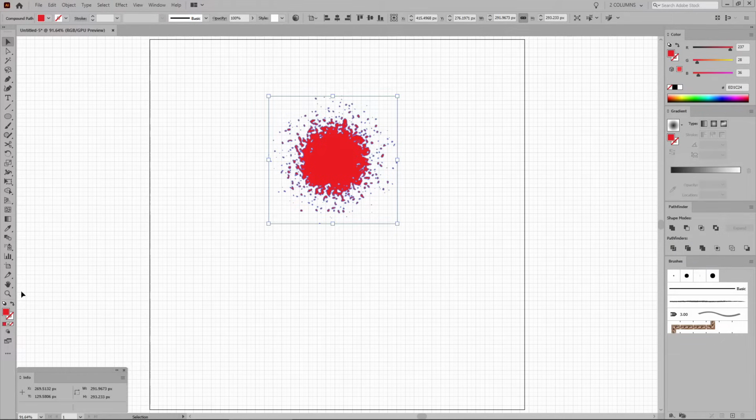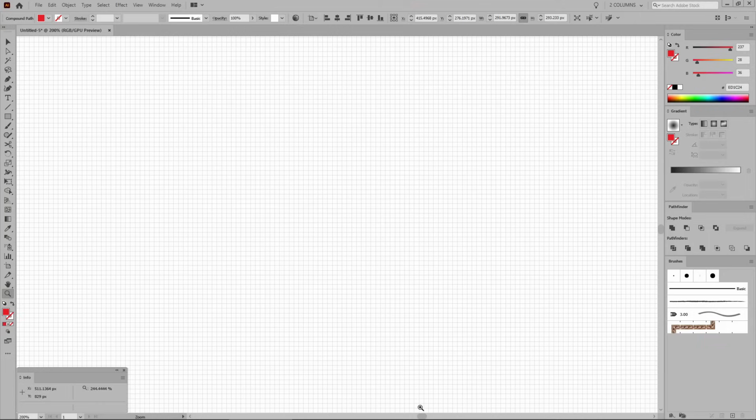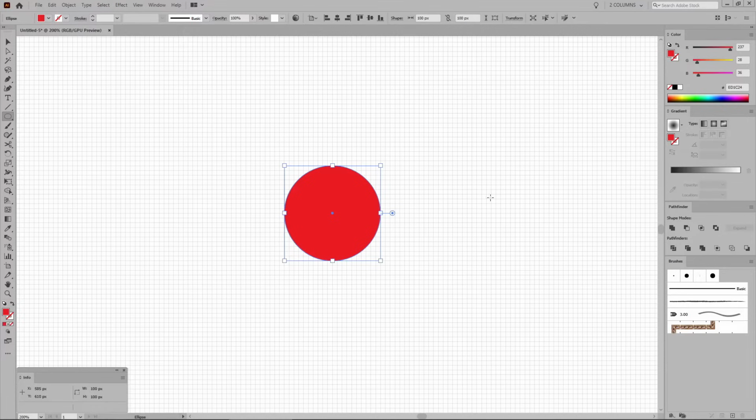Let's select the Zoom Tool from your toolbar and zoom in on the bottom side of your artboard. Now that you can clearly see the grid, you'll be able to take full advantage of this feature. Select the Ellipse Tool from your toolbar, remember to hold down the Shift key and create a 100 pixel circle. Let's change the color of this new shape to 46, 49 and 146.